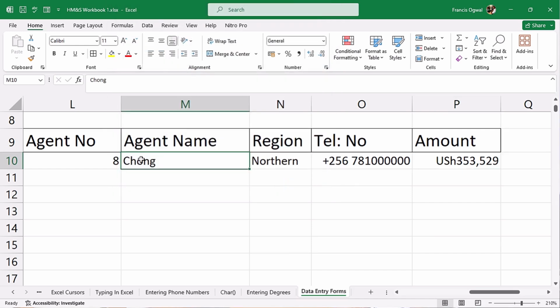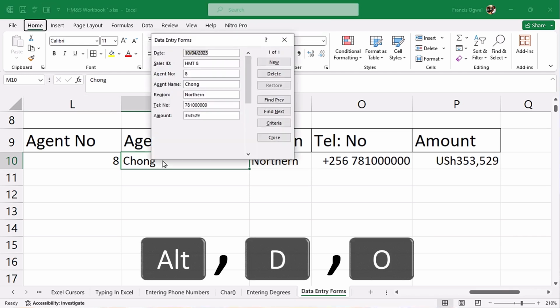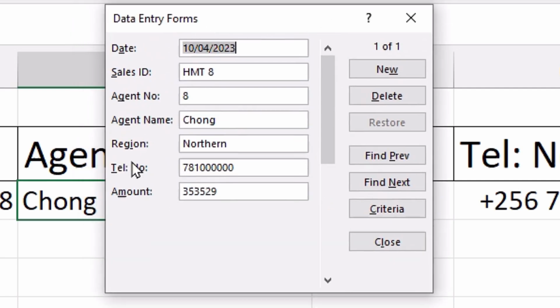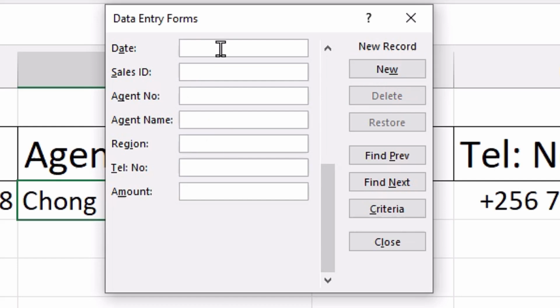I'm now going to the form and start entering using form. So you can click on the form or use the keyboard Alt-D-O to open the form. Now it opens for me the form when it has already selected the first record that I've already entered into the form. That's why it's showing here 1 of 1, meaning there's already one record in the form. So if I want to start entering the new one, I simply click on new record, come here and then